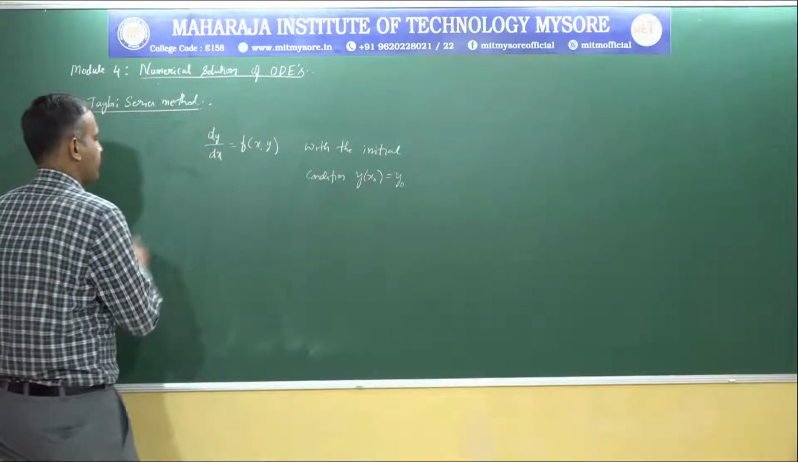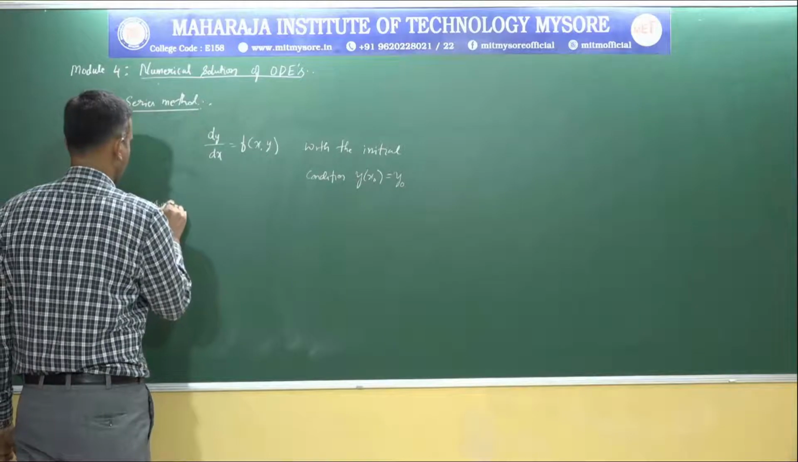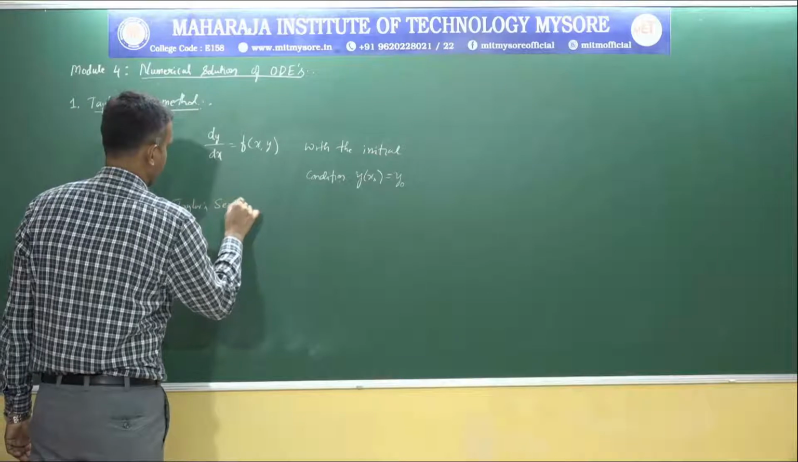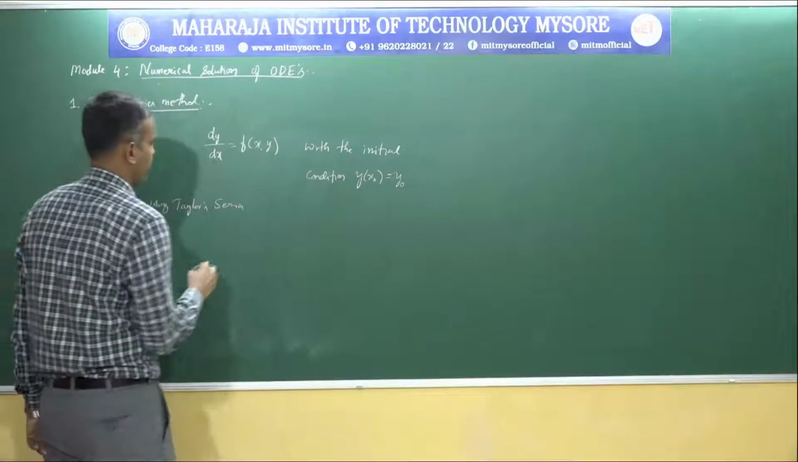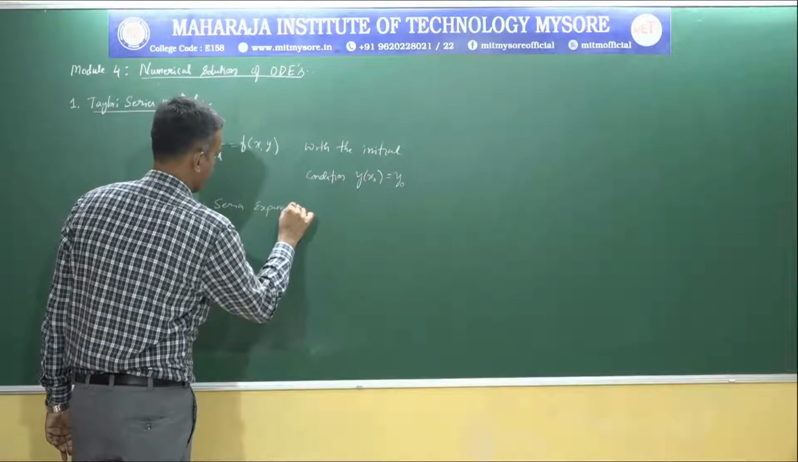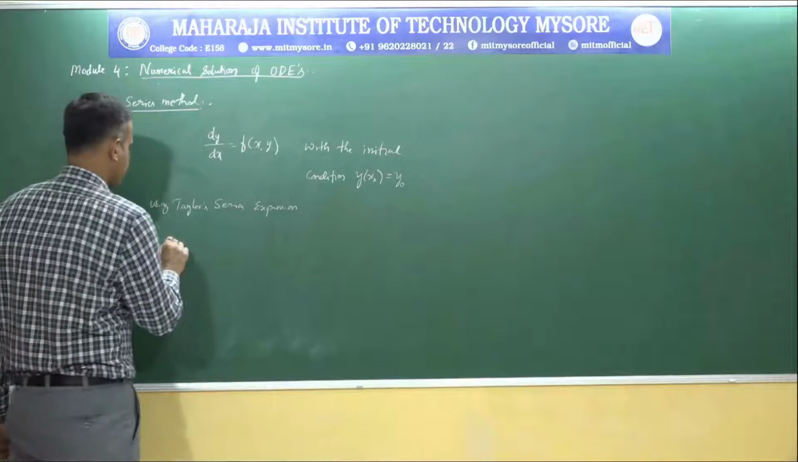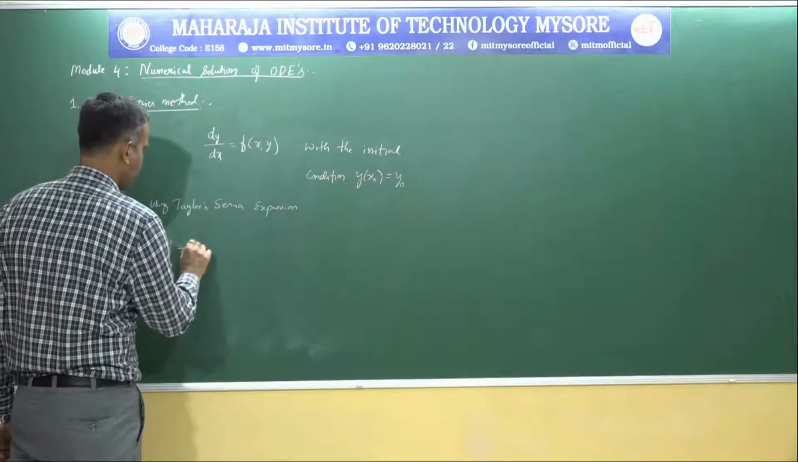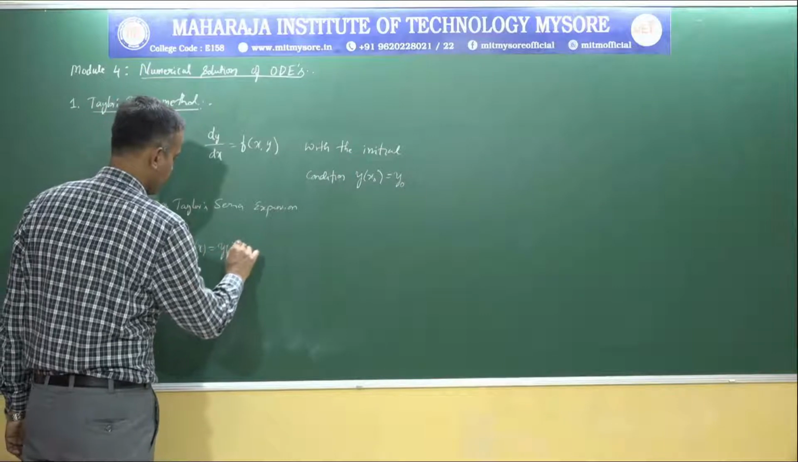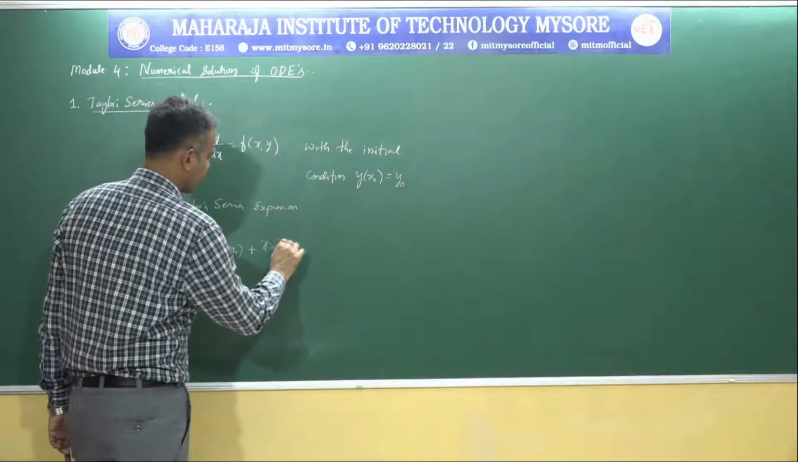Okay, here, using Taylor series expansion in such a way that y of x is equal to y of x naught plus (x minus x naught)